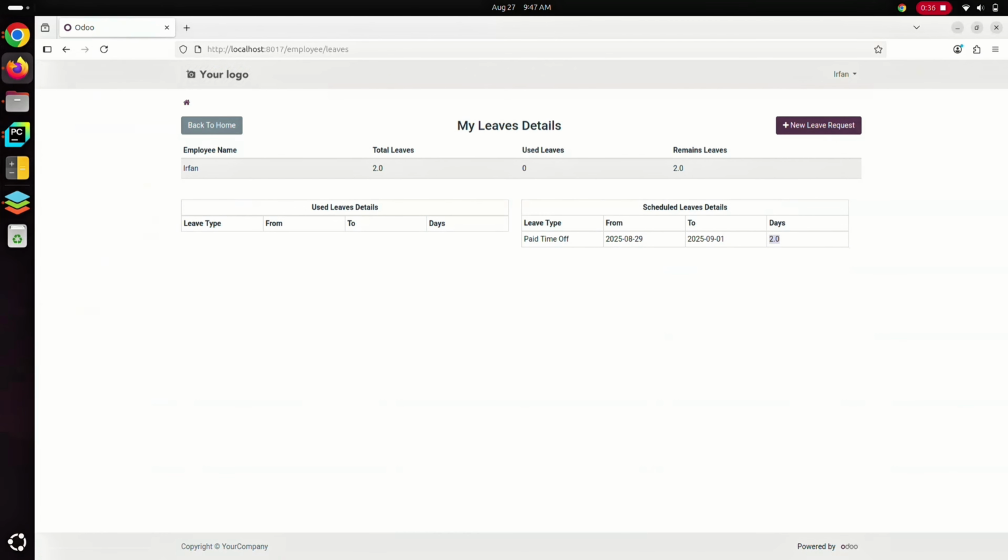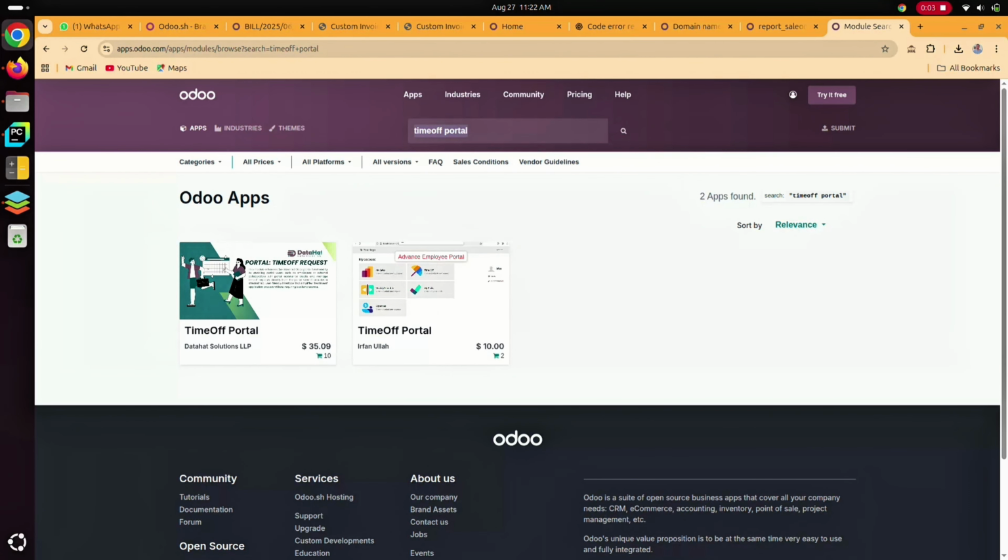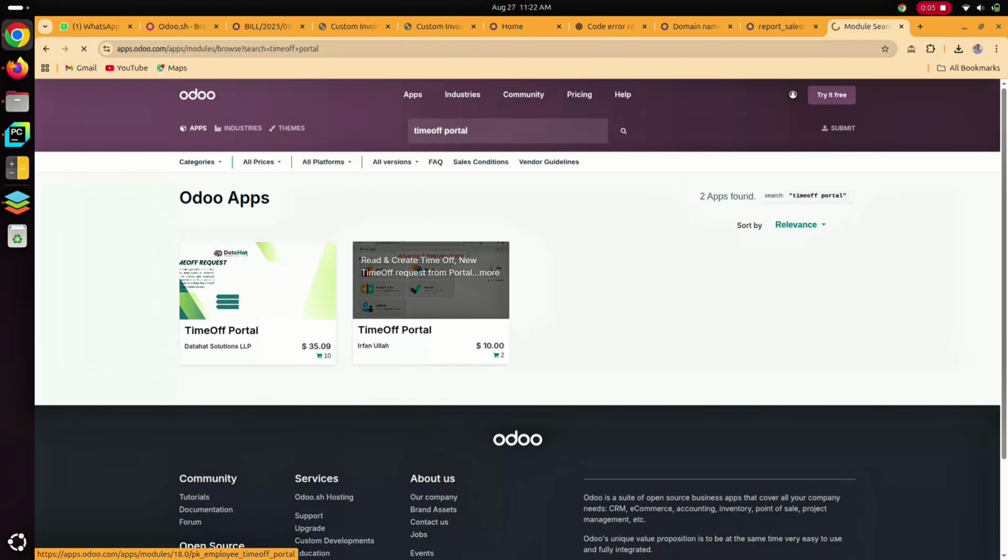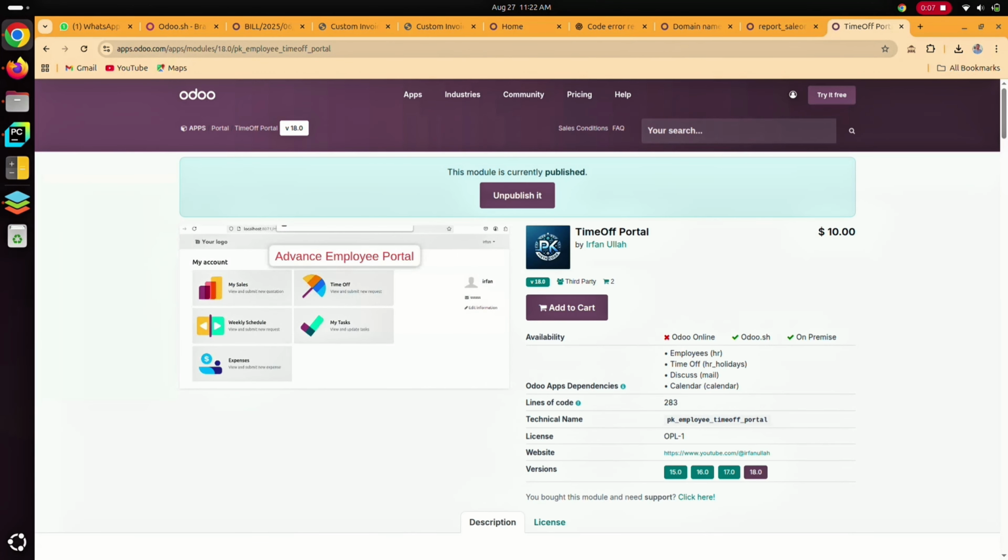So this is the work scenario where you can find this app on Odoo App Store, TimeOFF portal. You can see TimeOFF portals. This one is